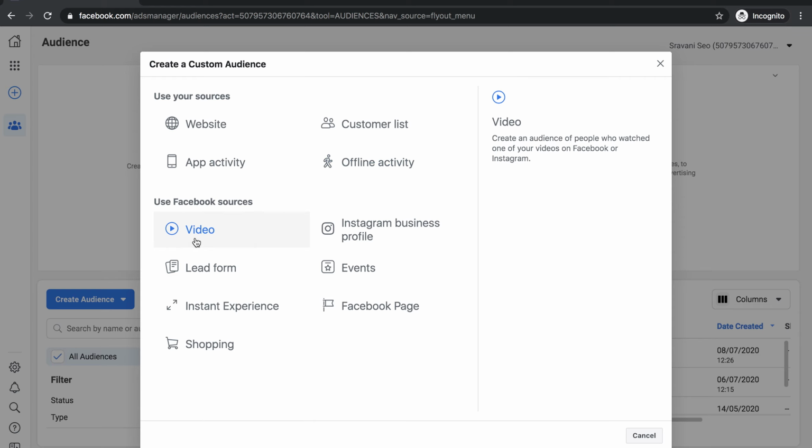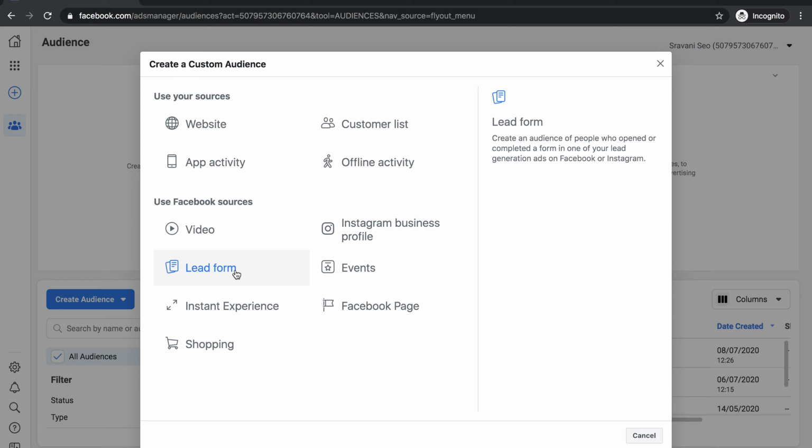So coming to the Facebook sources, video: if you have created videos and uploaded them in your Facebook post, and you would like to target your best performing video which gets more engagements, like comments, then this source is very valuable. Instagram business profile, as I told you, Instagram business also. If you would like to target the audience based on your Instagram business profile, that means those who have interacted with you through your business profile, who have direct messaged you, who have engaged with your post, like that.